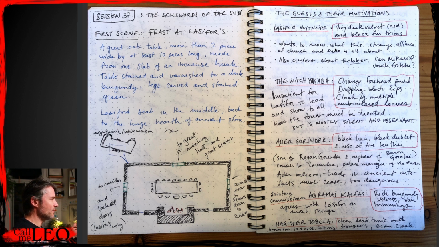Here are their motivations, what they want. So Lassifard Nuit Noire, he wants to know what this strange alliance is. I already had written that in my previous prep. I just ported it over here because I'm going to use this notepad almost exclusively during the session. He's also curious about Erlaber. He wants to know if Micariol can vouch for him, if it is revealed to him that Micariol knows him and that they come from the same place in